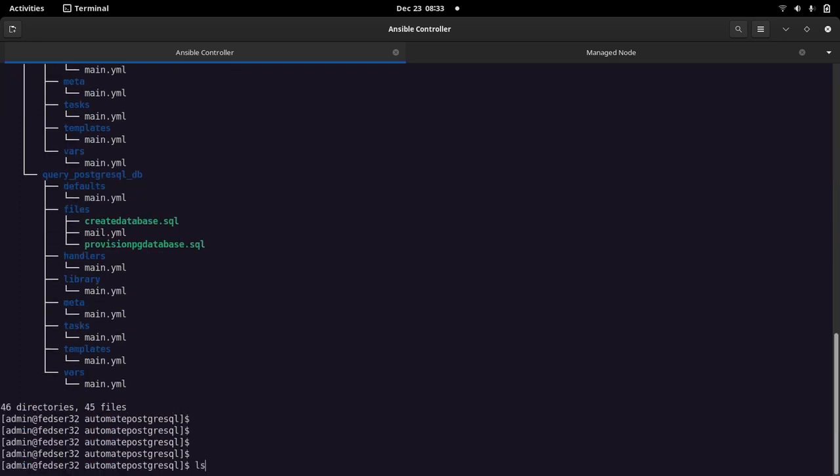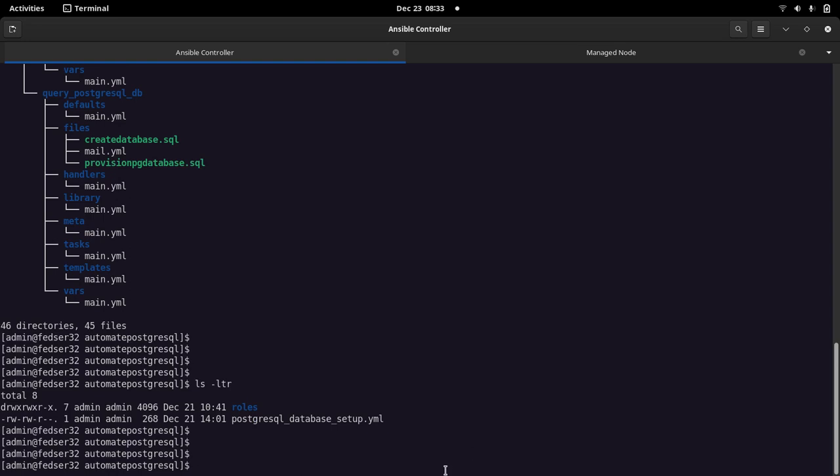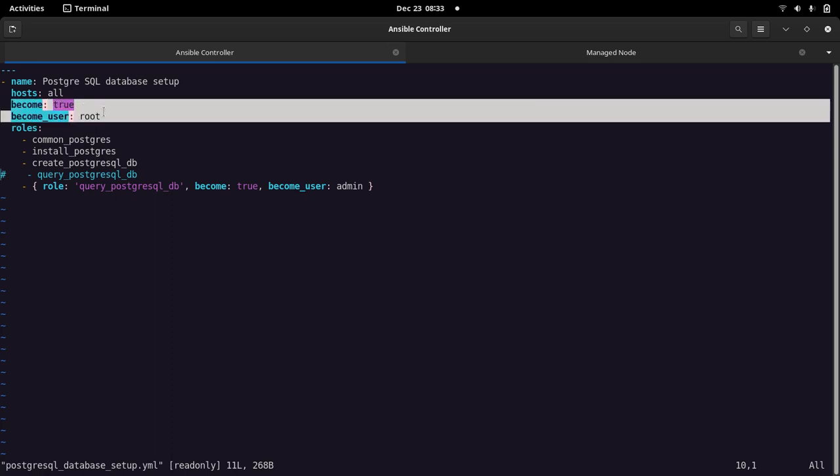And on the top level folder, we have created the trigger playbook which we are going to run. As you can see, this is the main playbook that is going to call the respective roles in order to configure the server. The installation and configuration requires installing RPM packages and starting services, which we are doing with the root user. So that is the purpose of using become and become_user over here.